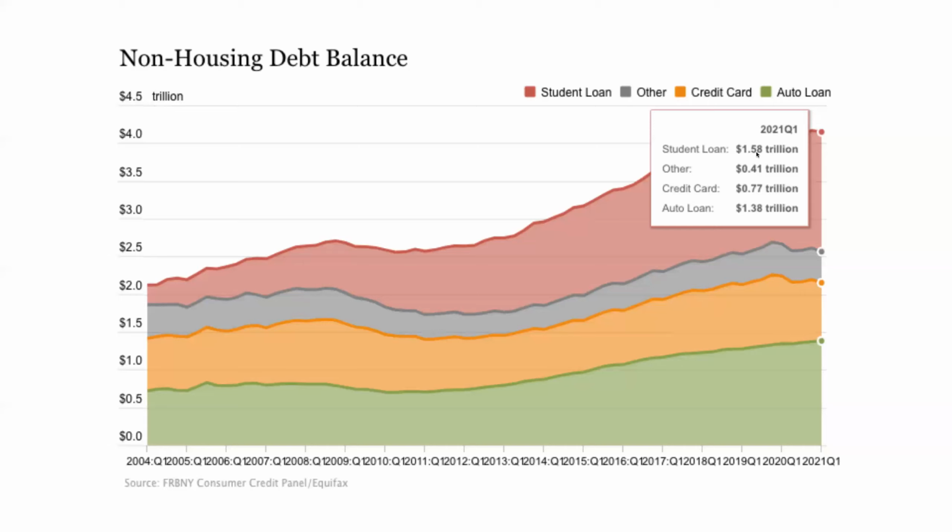It's like 1.58 trillion. And then the other category, I don't know what they are, say 410 billion or 0.41 trillion, which I can understand. But look at the credit card debt. How much is this? 0.77 trillion, or say 770 billion, right? So this is something where I'm trying to understand why do people borrow on their